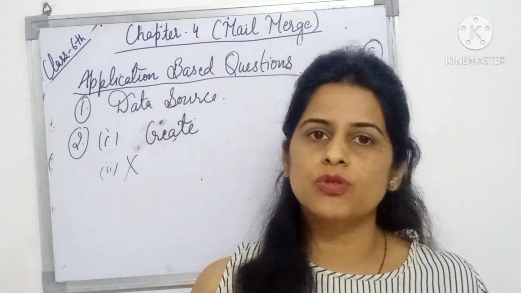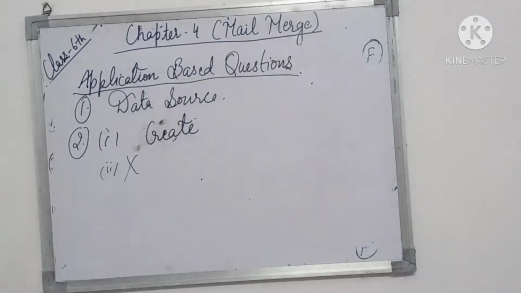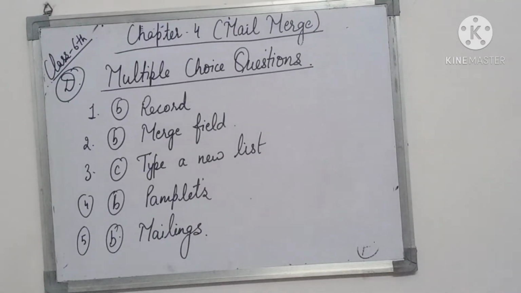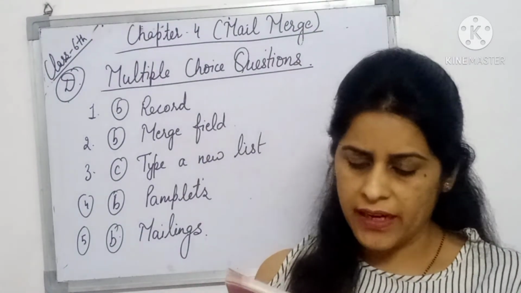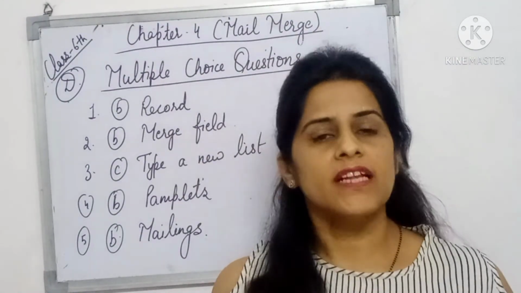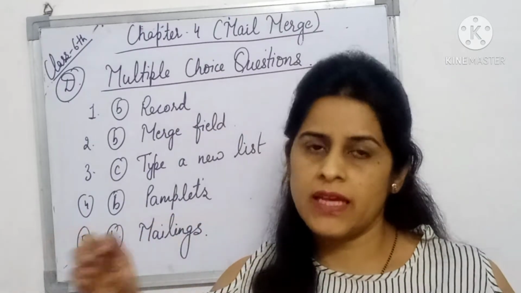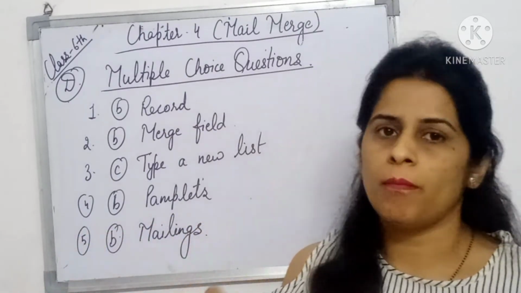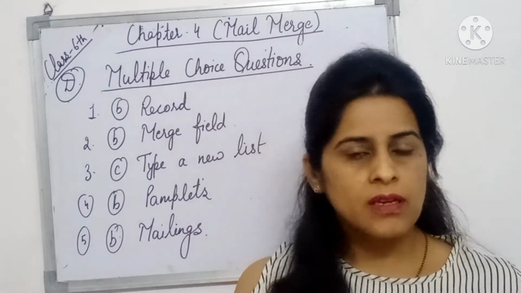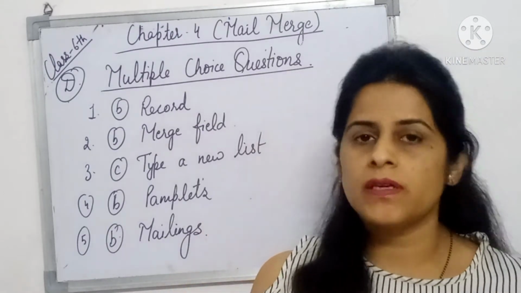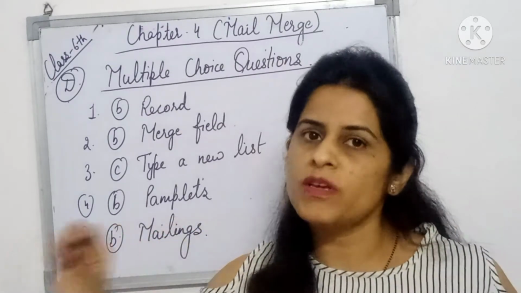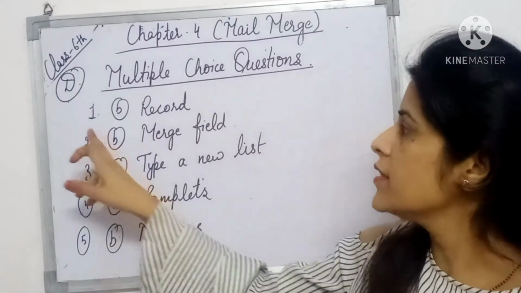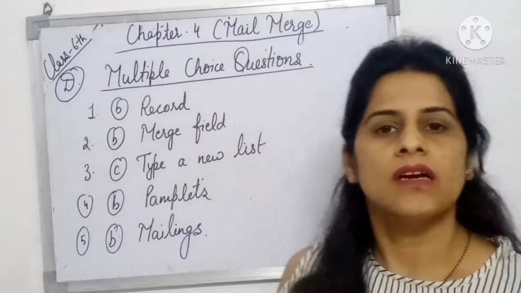Now we are moving to the MCQ questions. Next is MCQs. First is dash is a row on a data sheet that consists of a number of fields. On the data sheet we use a row in which we put all the information. For example, we are writing the name of one person, the address of that person, then his city, then his phone numbers, all that, the complete information in a row, that is known as the record. Then the first answer will be B, that is record.